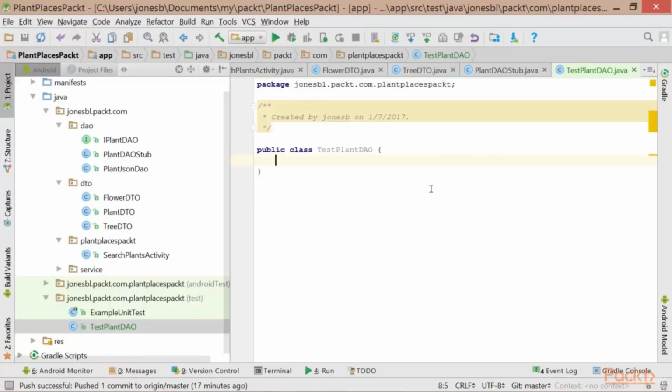I'm going to write a test against the stub that I created a few videos ago, just so that we can get a little bit of satisfaction in watching a sample unit test work. So first of all, let's make a new method. Let's say testPlantDAO, and then we'll say searchForRedbud should return